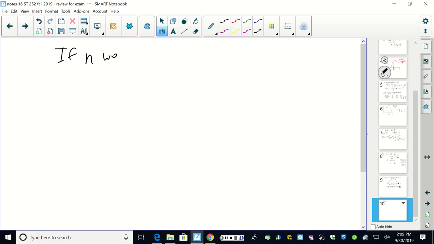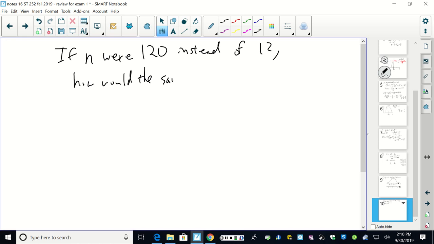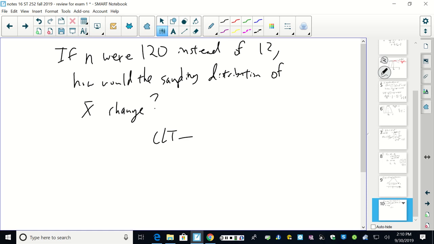If there were 120 instead of 12, how would the sampling distribution of X bar change? Because of the central limit theorem, it's going to be more normal-like,